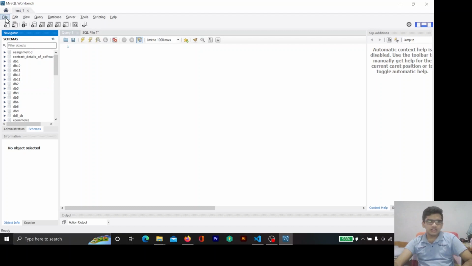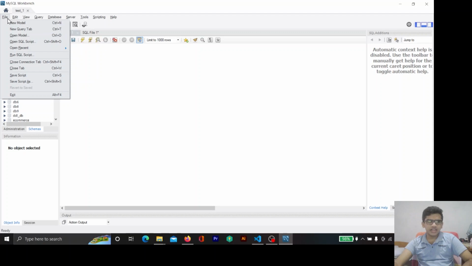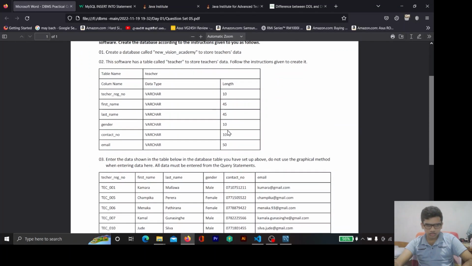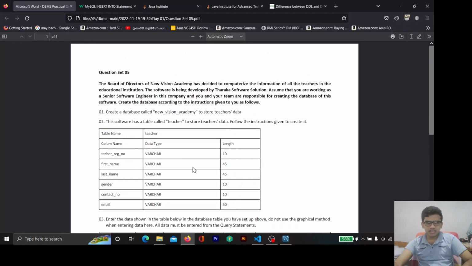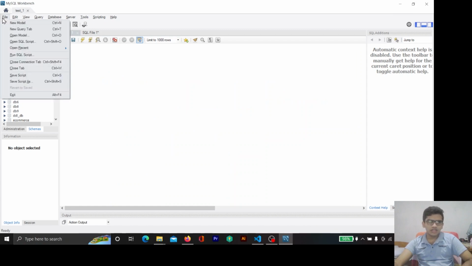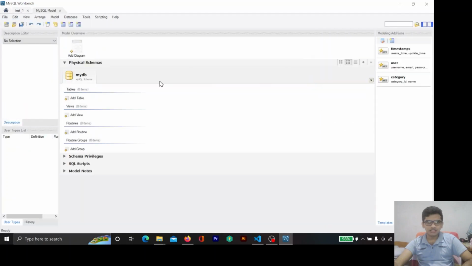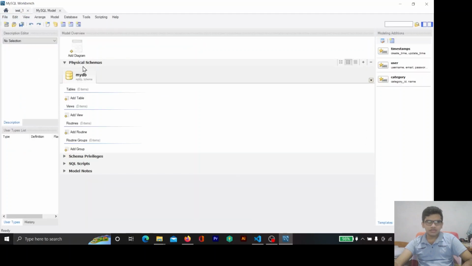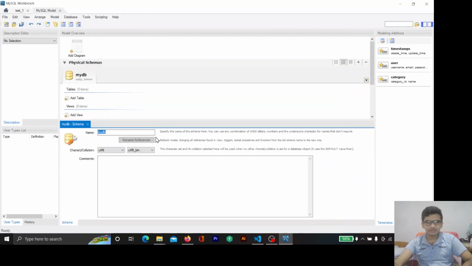To create the database, this question hasn't specified how, so I will be using an ER diagram to create the database and the relevant tables. You can just go to File and click New Model, and you can rename the database by right clicking and clicking on Edit Schema,